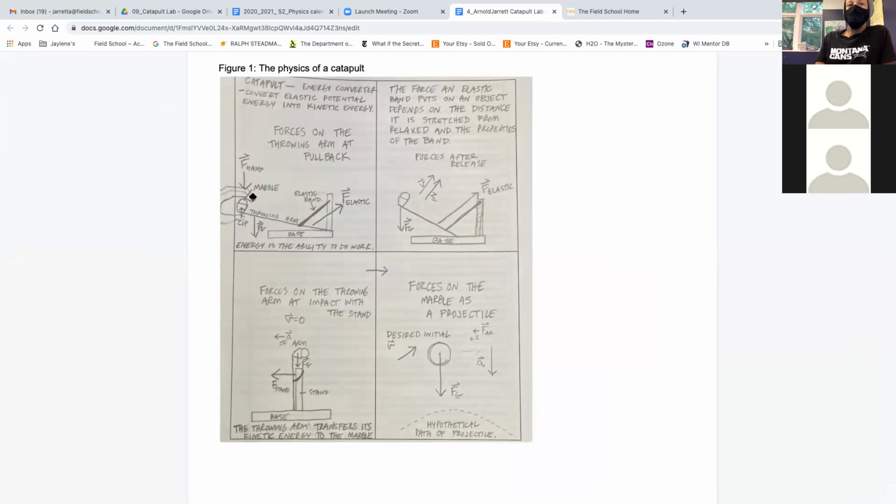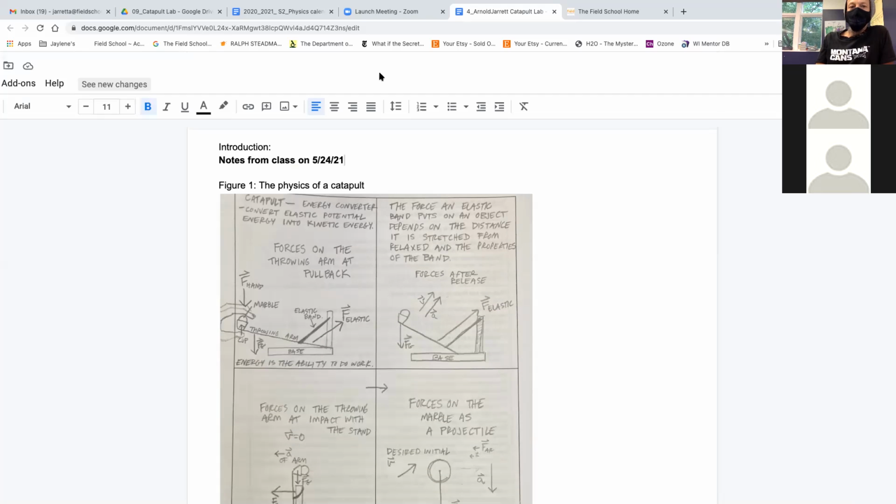And what's nice about this diagram is it traces what's happening with the catapult from setup to release to the marble becoming a projectile and being thrown. These are the 4 different parts of the physical interactions that you should be explaining in your introduction. All right. So